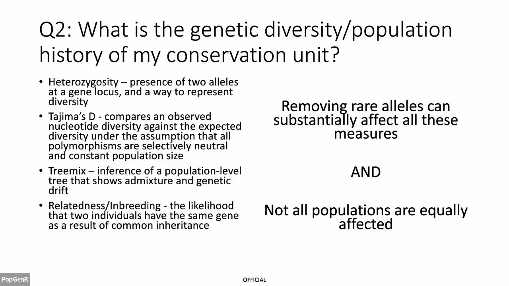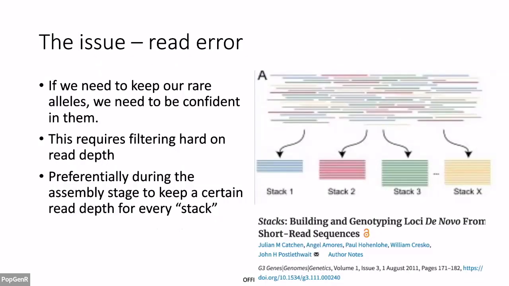So does TreeMix, so genetic drift involves rare alleles going to high frequency through founder events. If you get rid of your rare alleles, you're going to mess up your estimations. Relatedness and inbreeding are also impacted somewhat by this type of filtering. So the issue we have to deal with in these kinds of questions